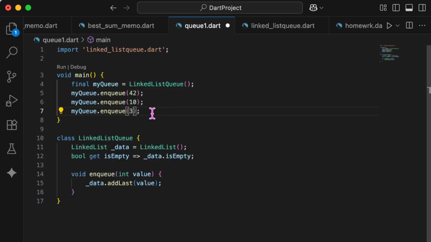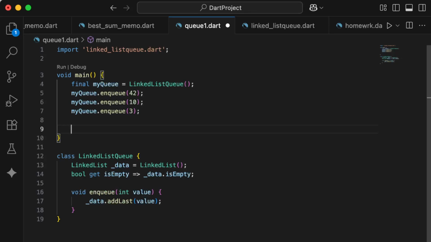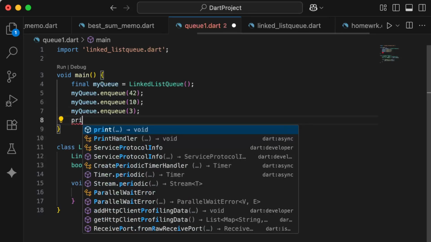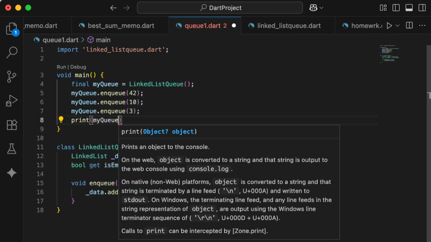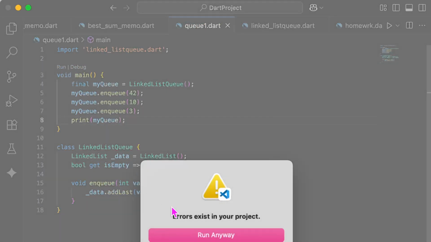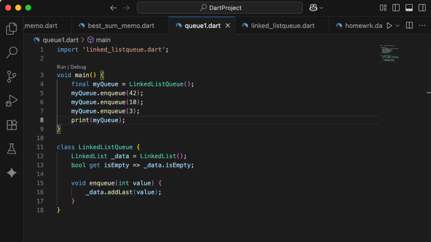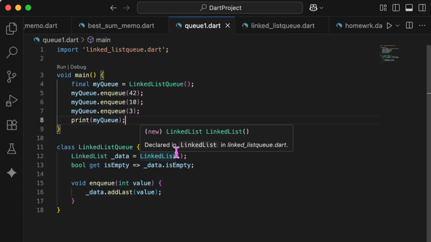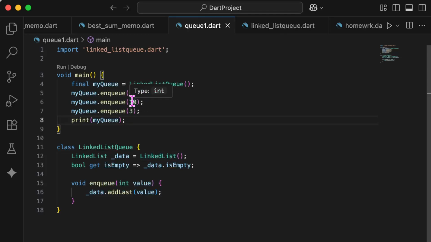And then we print the queue. Print myQueue. Okay, so if we try to run it now, we're gonna get instance of LinkedListQueue. But if you would print that properly, it would show us 42, then 10, then 3. So next thing we need to do is